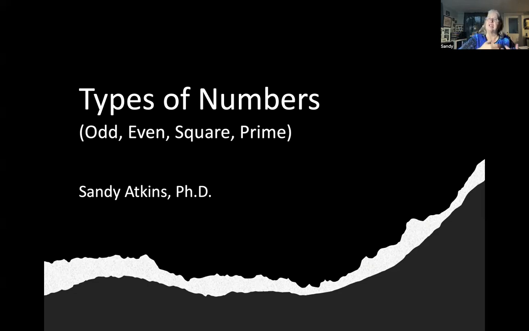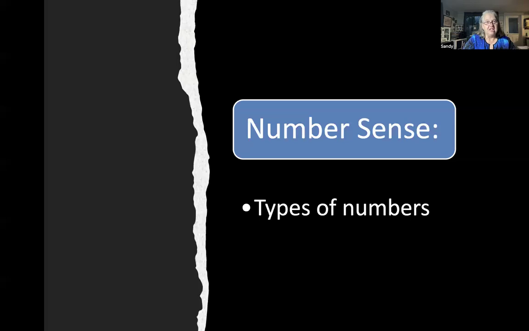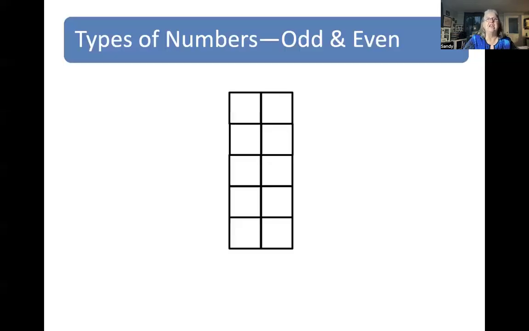Square numbers was a number multiplied by itself, or two factors, right? 3 times 3, 5 times 5, 7 times 7. And then prime and composite numbers we learned about. And it was all very numeric, as I said. But I hope you'll see in today's video that looking at the geometric side of it might help your children build more of an understanding, that conceptual understanding side of the 5 strands of math proficiency, not just a recall approach. So we're going to look at types of numbers, part of number sense, and we're going to start with